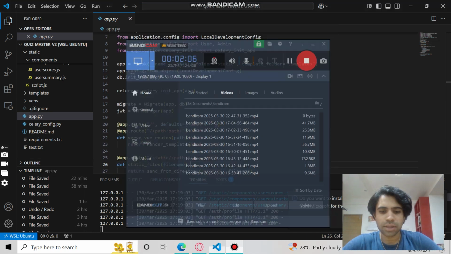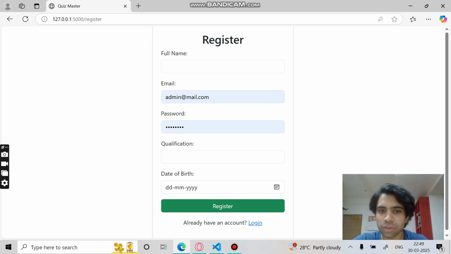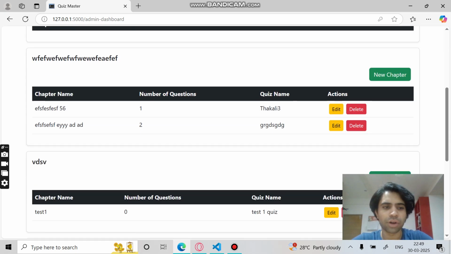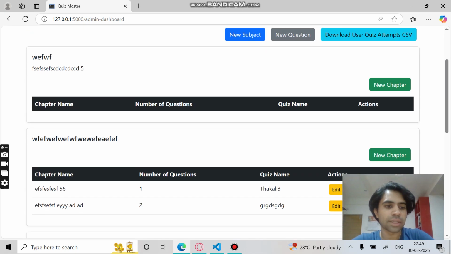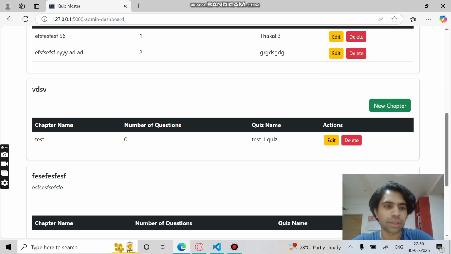Okay, let's get into the project. So this is the login page. There's login and register option. As you can see, I'm going to log in with the admin. This is the admin dashboard. There's the functionality of being able to search for any subject or chapter. So as you can see, let's go for this subject name,